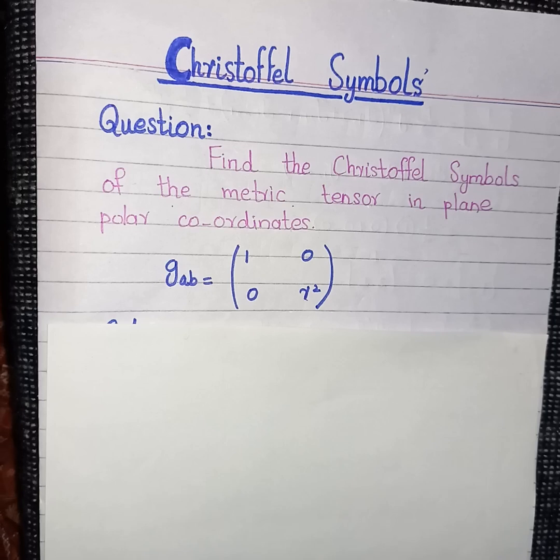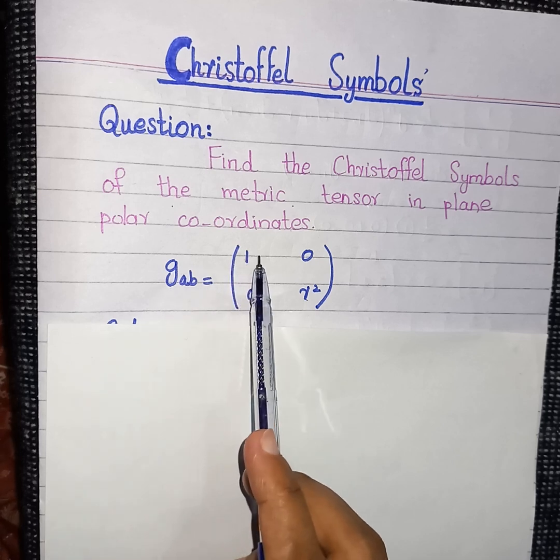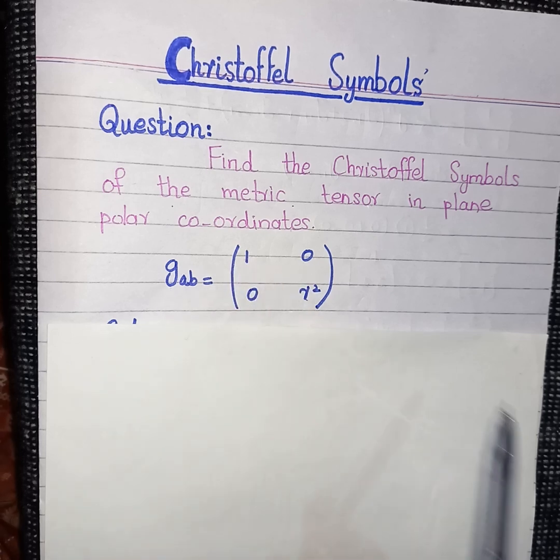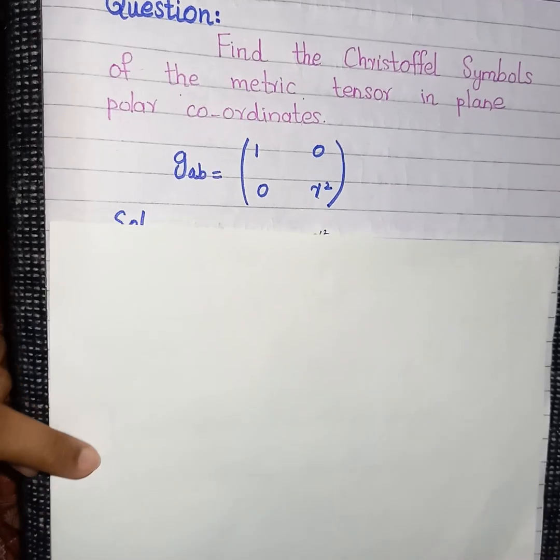Hello everyone, in today's lecture we will discuss a problem related to finding Christoffel symbols. The question is: find the Christoffel symbols of the metric tensor in plane polar coordinates. The metric tensor is given by g_ab = [[1, 0], [0, r²]], and the inverse of this metric tensor is given